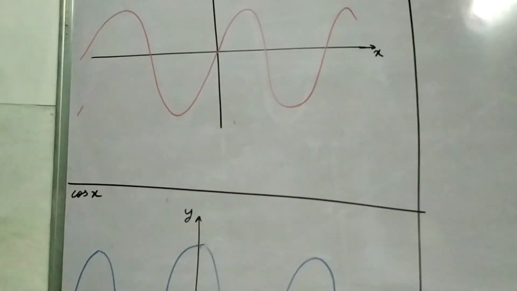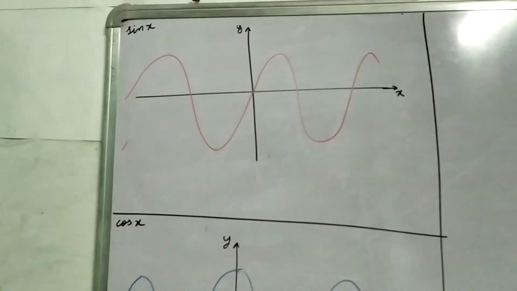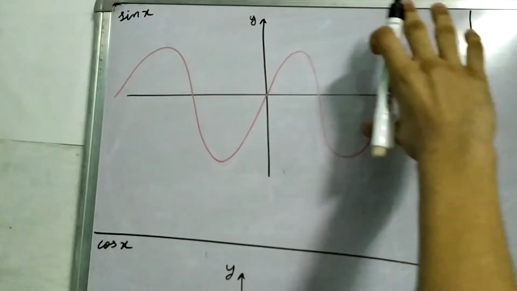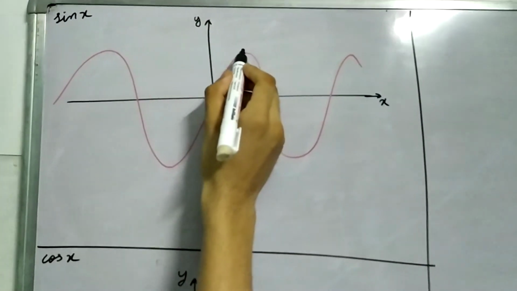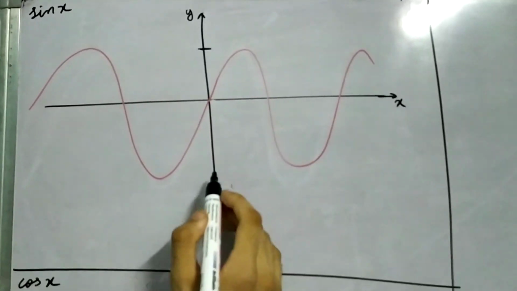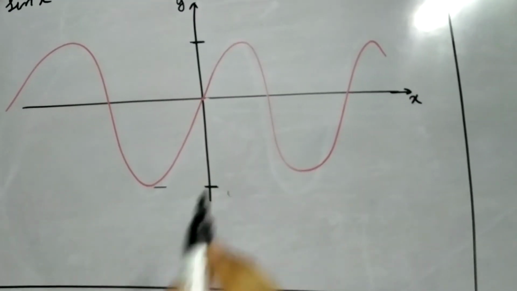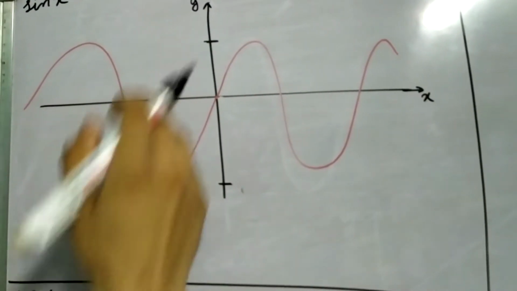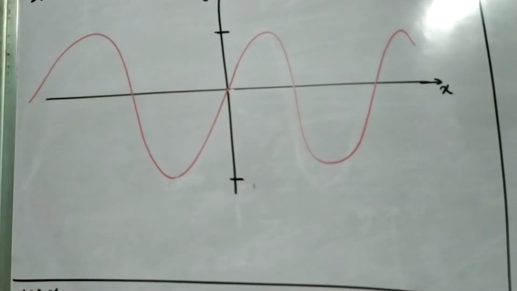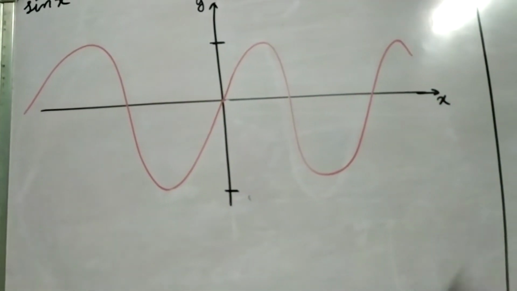So let us talk about sine of x. You can see it oscillates between two values of y, this one and roughly this one. Now what are these two values? And if you remember